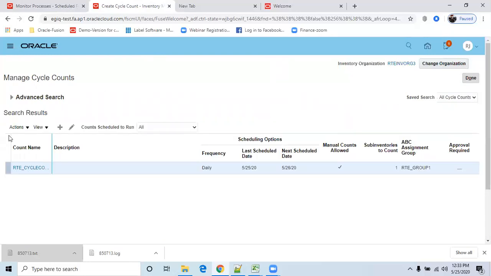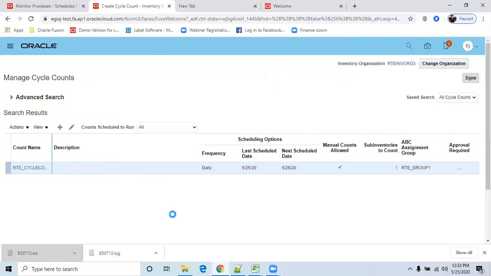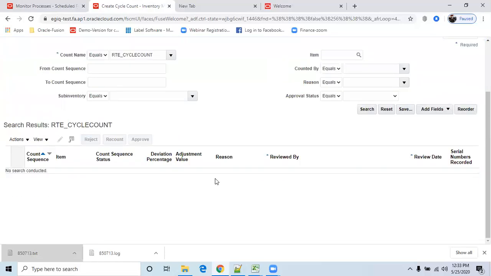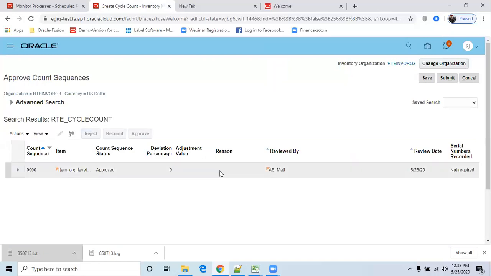So now once recording the count sequence is done, the last section is approve the count sequence. So click on search. Okay, so we got only one item. Don't know why.